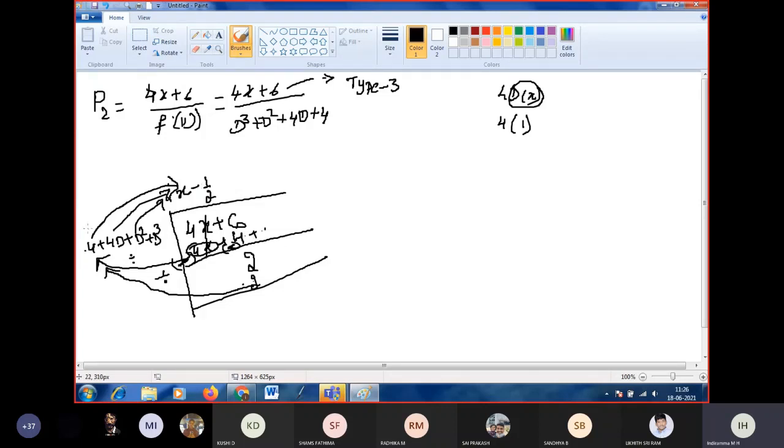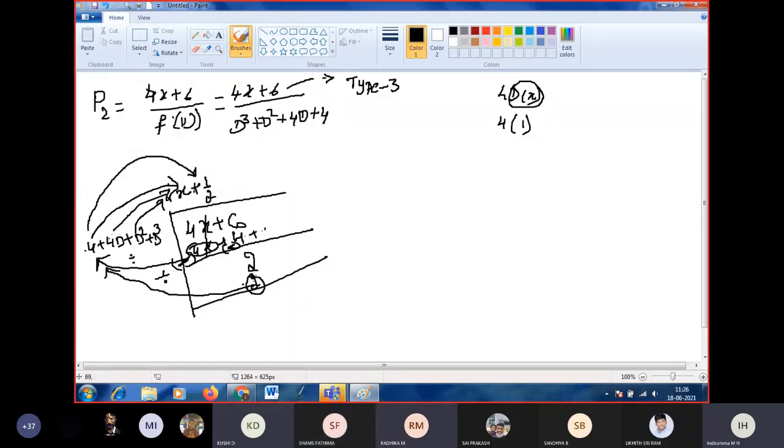Next, plus into minus. Here, which symbol, plus or minus? Plus, ma'am. Okay, next multiply. 4 into 1 by 2. What is 4 into 1 by 2? It is 2, ma'am. 2 only, we already wrote it.